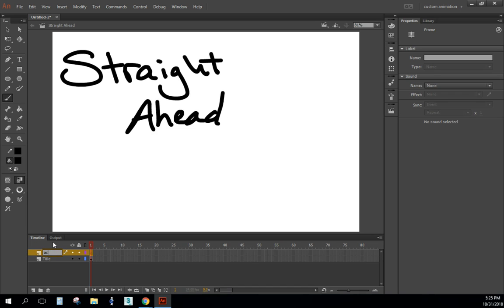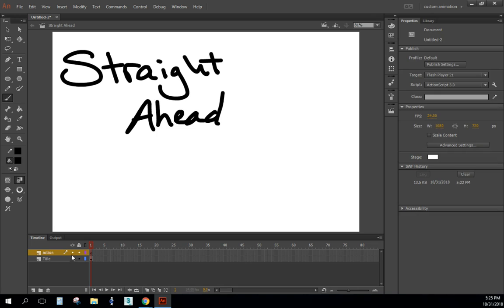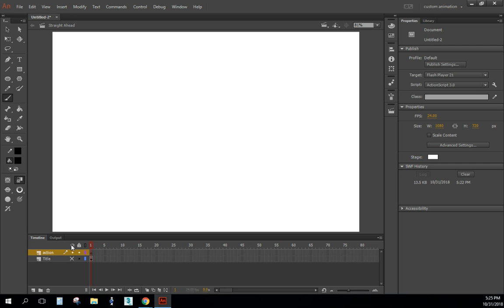So I'm going to call this one my action layer. So in my layers here, I'm going to turn that off, and I'm actually going to lock it so nothing happens to that layer. My action